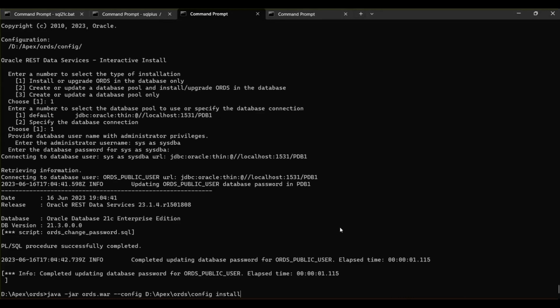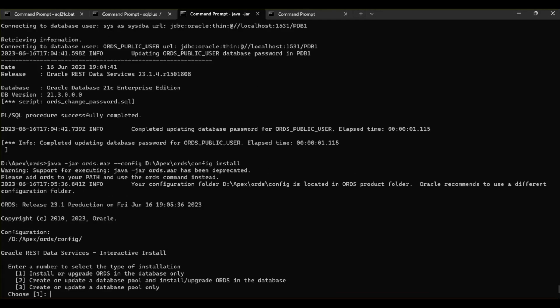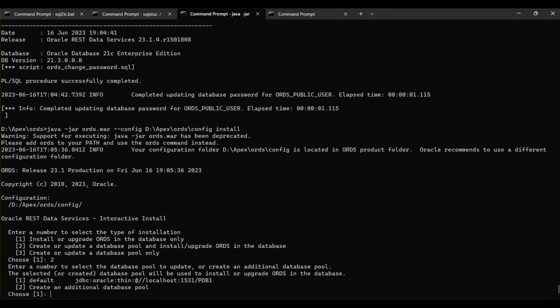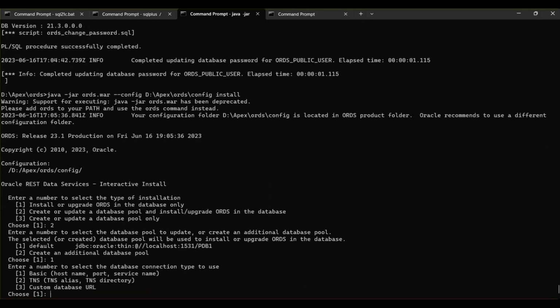Then, I ran the Java command again, and I used the same options that I used in trial number 1, and this time it succeeded. Note that it will skip the already completed steps. Now, we have Oracle ORDS installed, configured, and running.